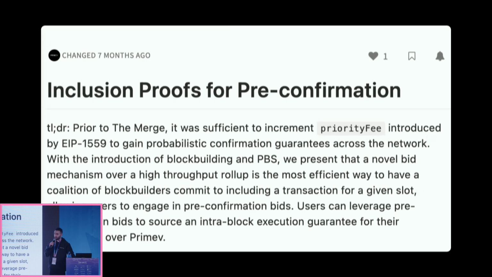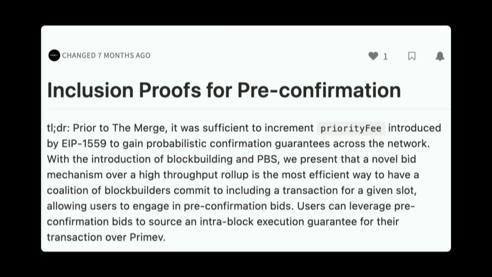So we basically think pre-confirmations are a new transaction type. We think it represents net new order flow for block builders, and we think it's just simply new and different than other transactions. And I'm going to go into why. So we came up with this piece of research about a year ago. As you can see, the last time it was changed was 7 months ago. And I had this thesis that EIP 1559, with its gas expression of base fee and priority fee, was not sufficient to really express what you want from the network. And I had this insight, and it was quite controversial. I said, hey, look, you need something better, or you need an improvement on EIP 1559.